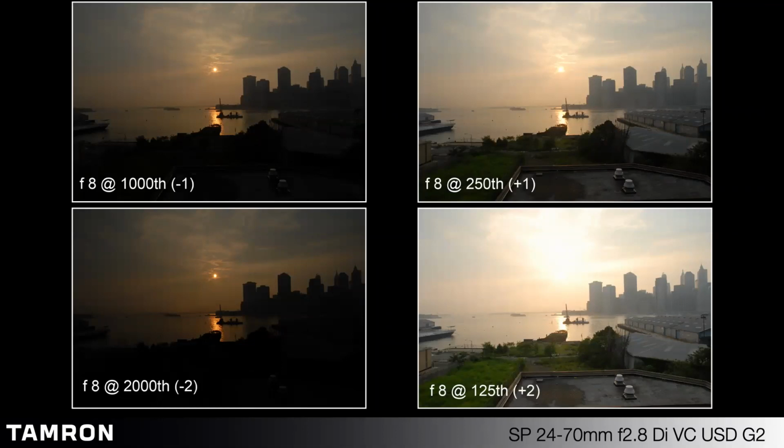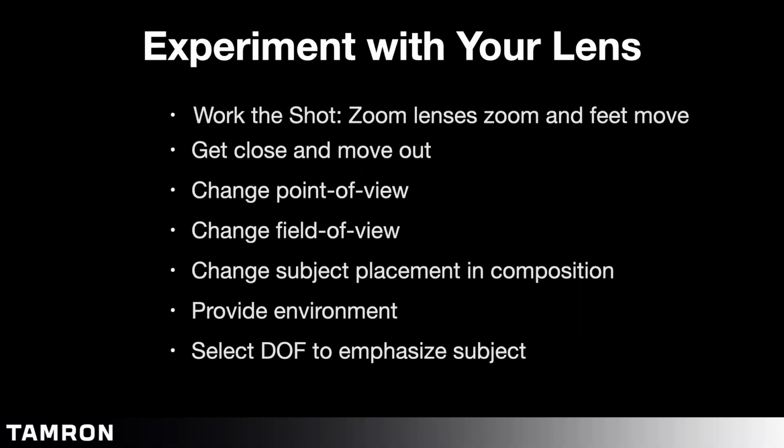So again, that's an important thing to get familiar with, learn where those controls are, and be comfortable with those when you're out in the field. So with that, let's get out